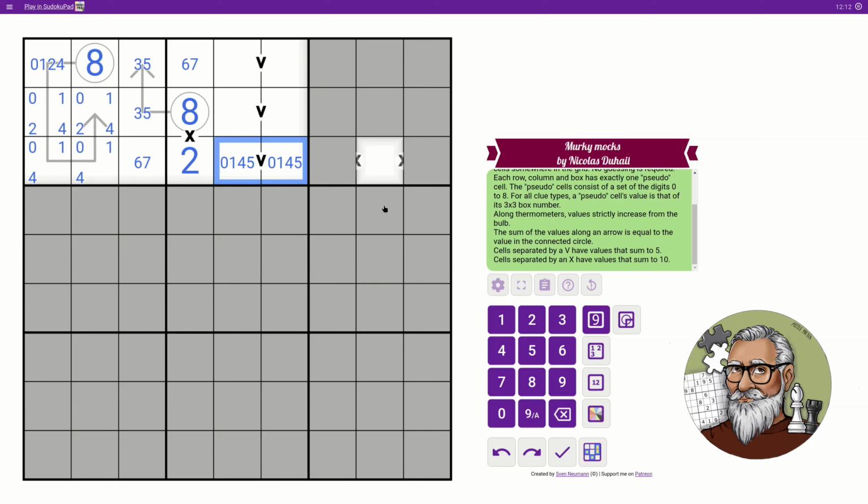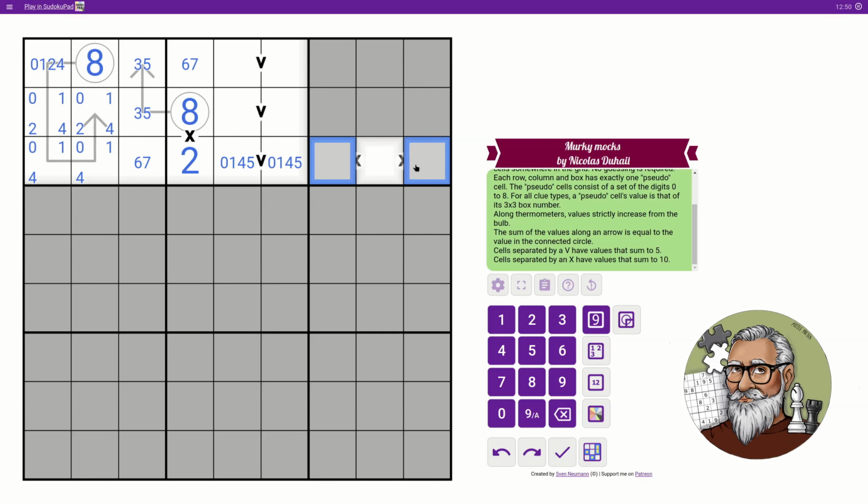Okay, so now we know that there is a pseudocell here somewhere, don't we? Or do we? Yeah, we do, because we see two x's, right? And this means that these add up to 10 and these add up to 10, and I don't think it requires any explanation that these two would then have to be exactly the same digit, right? And that's not possible, except if one of them is a pseudocell, because it will contain a different digit and